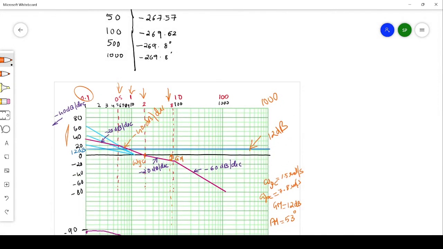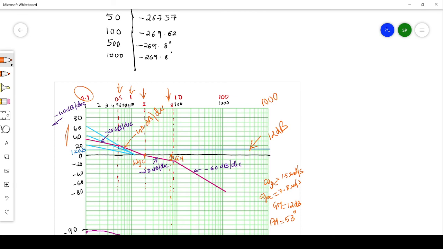So here we will be extending this line till corner frequency 2 with a slope minus 40 dB per decade. At 2, what is happening? At this corner frequency, the slope is changing to minus 20 dB per decade, and that will be going up to the next corner frequency, which is 8. So you have to draw this slope line till 8. So minus 20 dB per decade line we will be drawing, extending up to 8. Then at 8, what is happening? The slope is changing to minus 60 dB per decade. So then you have to draw a line of slope minus 60 dB per decade from corner frequency 8.